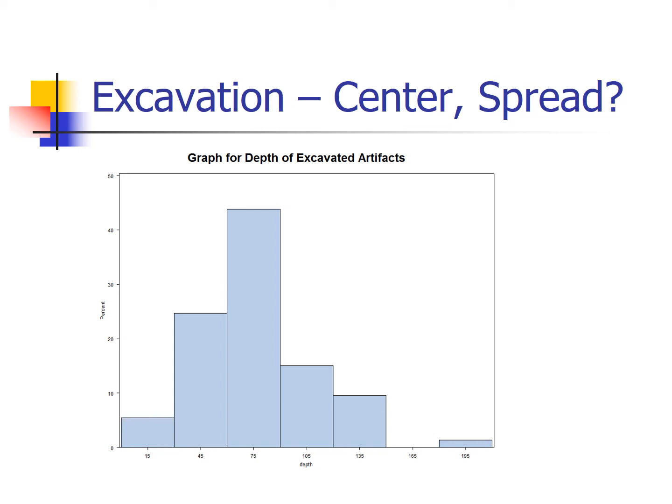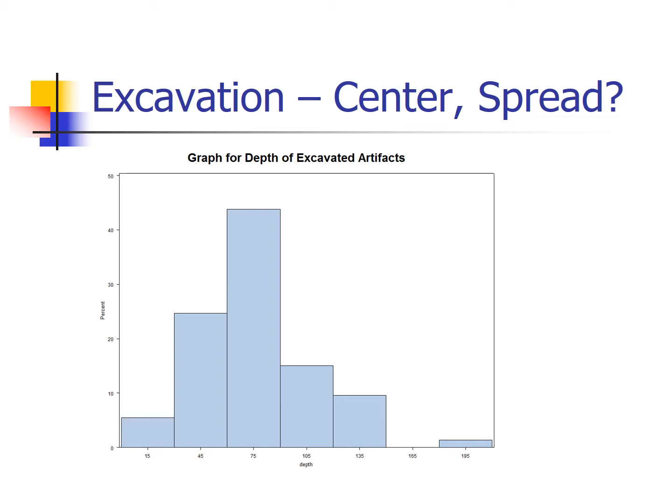We might even go further still and say that most of the artifacts seem to be concentrated, and we actually made this observation earlier, between, say, 30 and 120. Now, these are useful observations, but I will admit that sometimes they feel somewhat unsatisfying, right? Because your answer might have been a little different than mine. Even the answers that I'm giving are kind of fuzzy, sort of broad, kind of big picture,